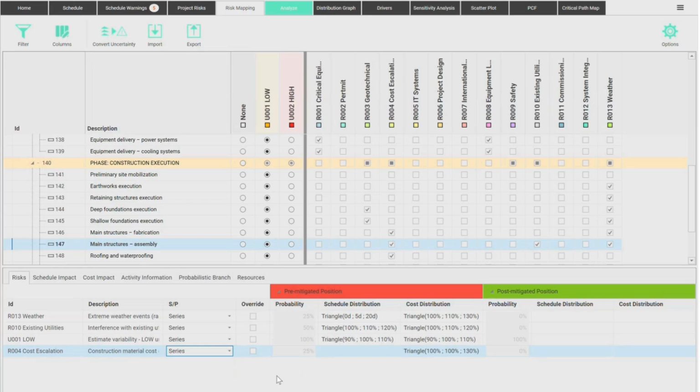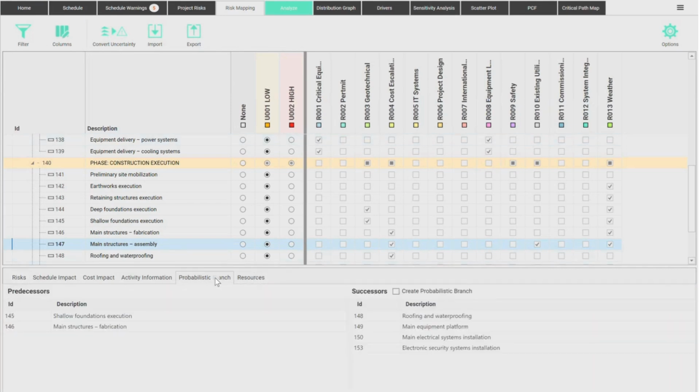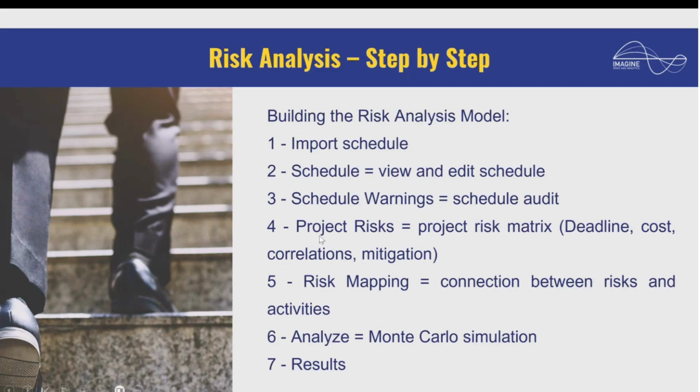Risks that happen in parallel, you will get the worst result from both of them. If they're happening in series, they add. So the worst case scenario is a lot worse than when it's in parallel. So here you can even specify that, okay? Now, moving on, you have here all the details. Moving on to the next step, which is project risks.